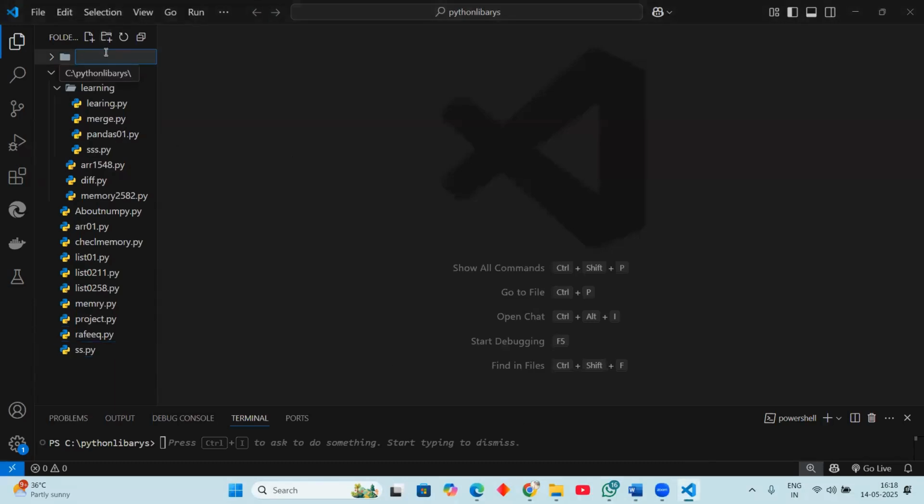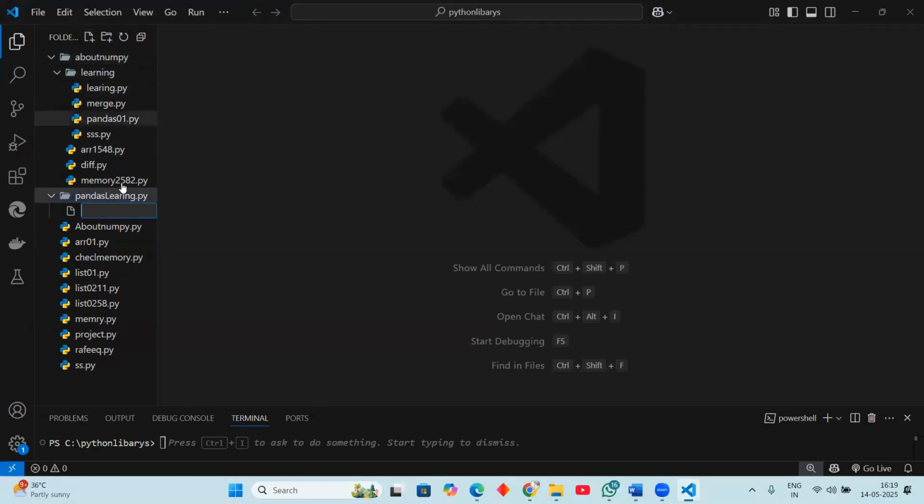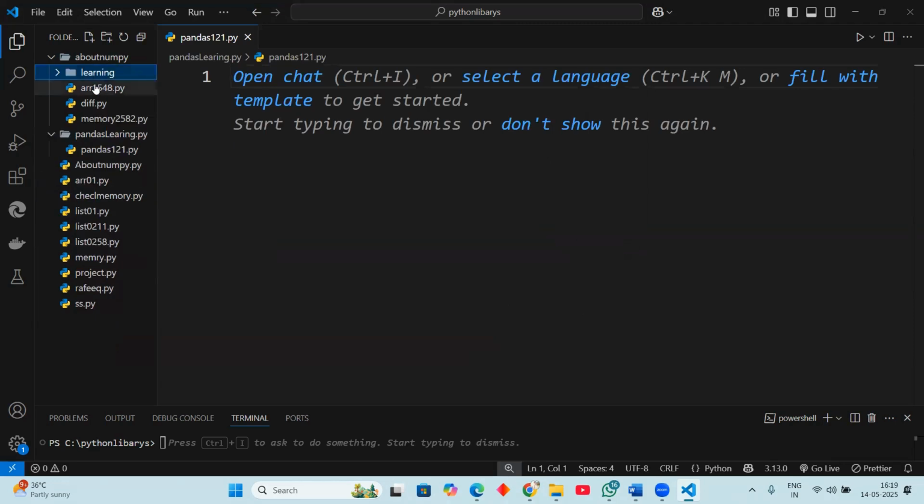Okay, create a folder. I'm creating a folder named Pandas learning. Okay, in this folder I create a file, any name you can take. I'm taking pandas123.py, right? Take that concept and first